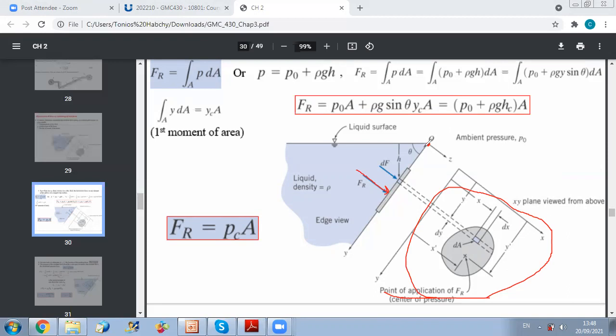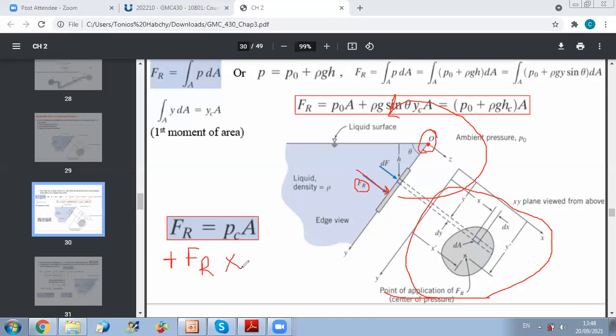So when you do the sum of moments about X, your forces here will tend to rotate in the counterclockwise direction. So it is a moment along the positive Z axis. So I will say that the moment produced by FR about the X axis is plus FR